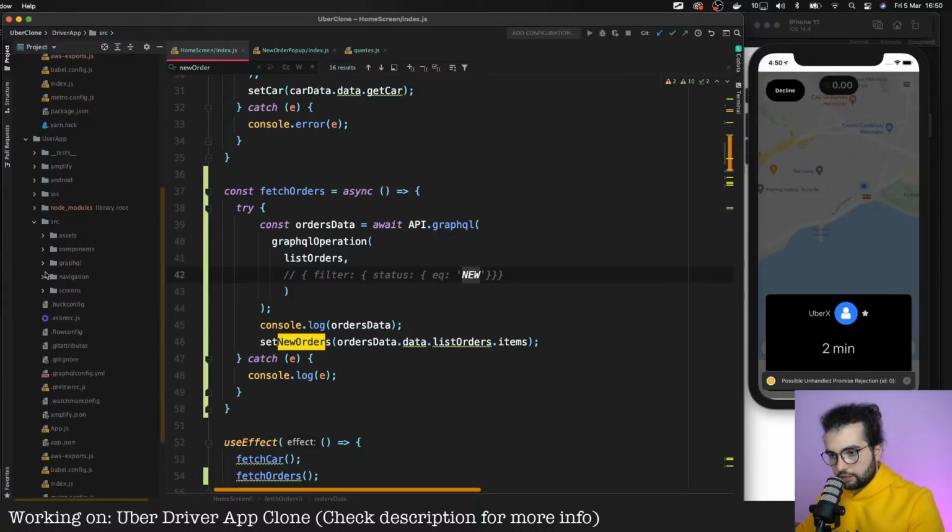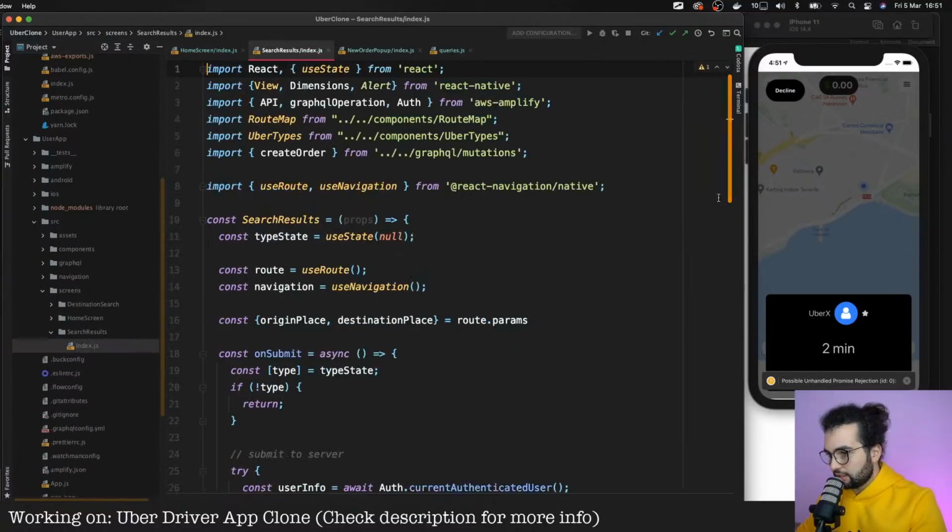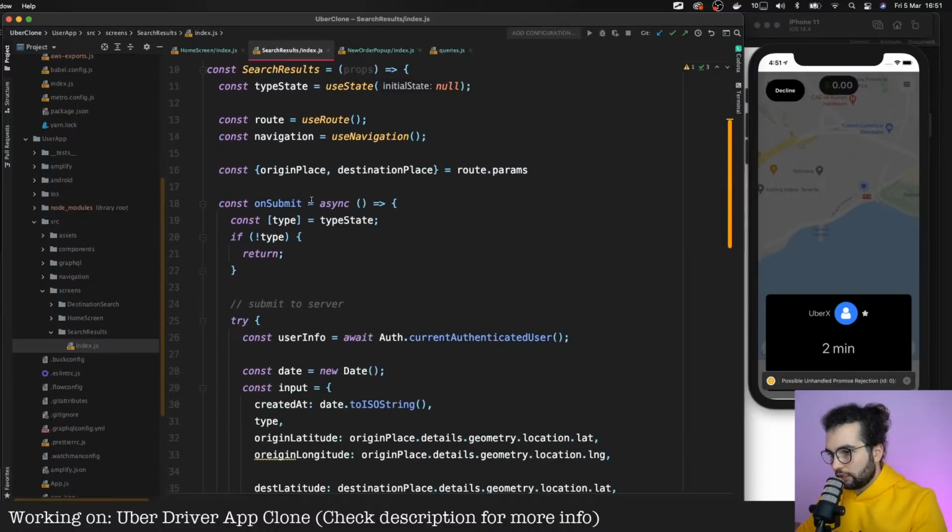In the user app source, let's go to screens, search results index, and here somewhere we want submit.